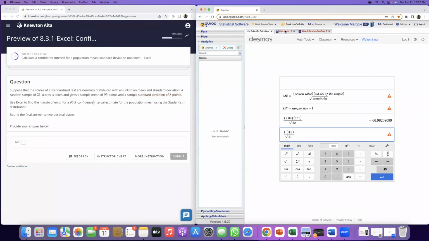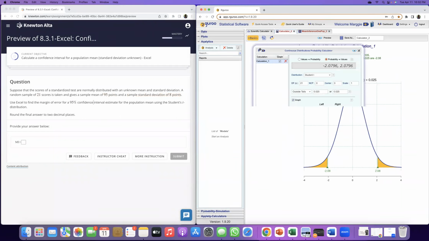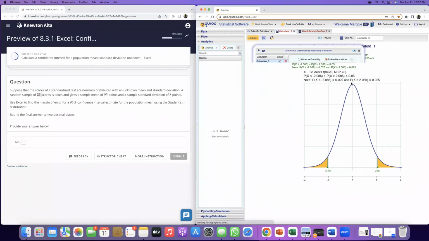So if I go to the calculator to find again that critical point, the degrees of freedom is sample size minus 1. So sample size is 21 minus 1, that's 20. And the tails are exactly the same because we are working with a 95% interval. 100 minus 95 is 5, and then 5 divided 2 is 2.5. So I have the 2.5% in each of my tails. Again, we don't write the percent, we write it as a decimal. So I do this